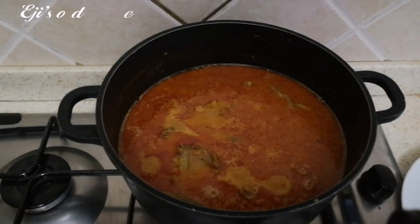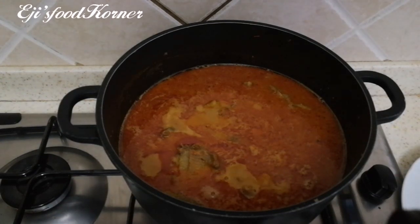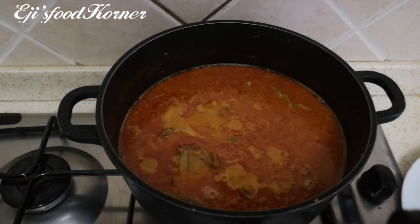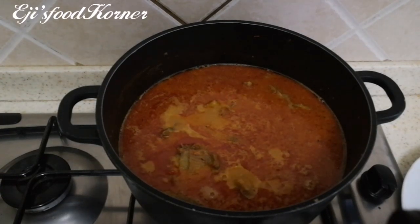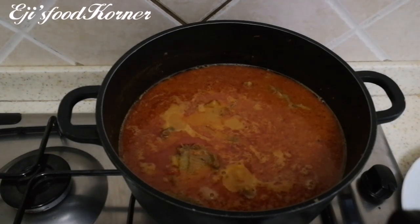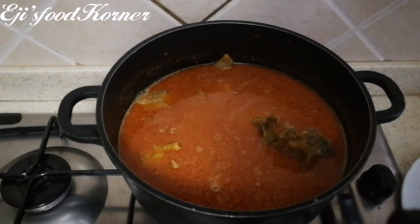It's better while cooking your meat, you just put a pinch of salt into your meat, because when groundnut soup is over salted, any soup that is over salted, you cannot eat it. So it's better you watch your salt while making peanut soup or groundnut soup, because when you are using salt now,